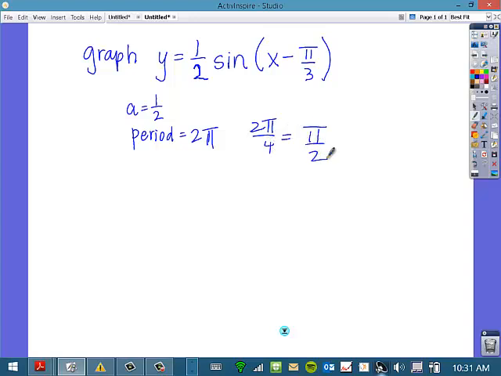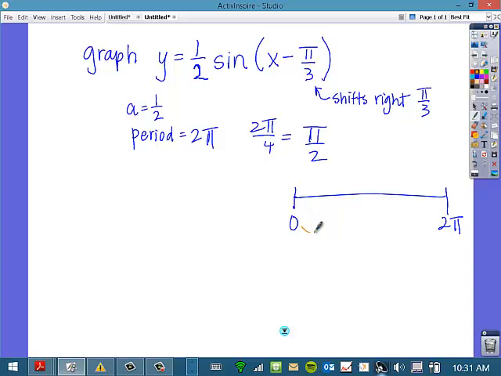be pi over 2. But the kicker on this problem is I have shifted my graph to the right, pi over 3. What that means is, normally when my period is 2 pi, my starting place is 0 and my ending place is 2 pi. But I am going to shift it right, so that means I'm going to add pi over 3 to the starting place, and I'm going to add pi over 3 to the ending place, meaning that my new period will go from pi over 3